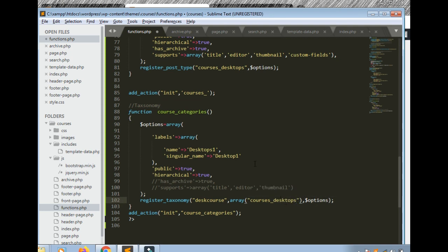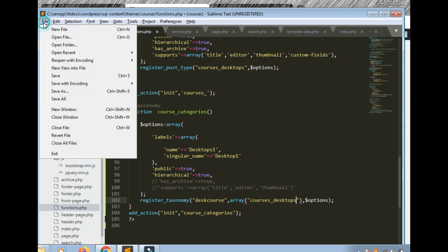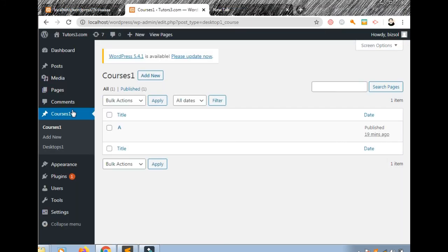These two should be the same. Now desktops, this should be okay. Now we have course categories in it, and we should save it. We have saved it, and if we see now courses,